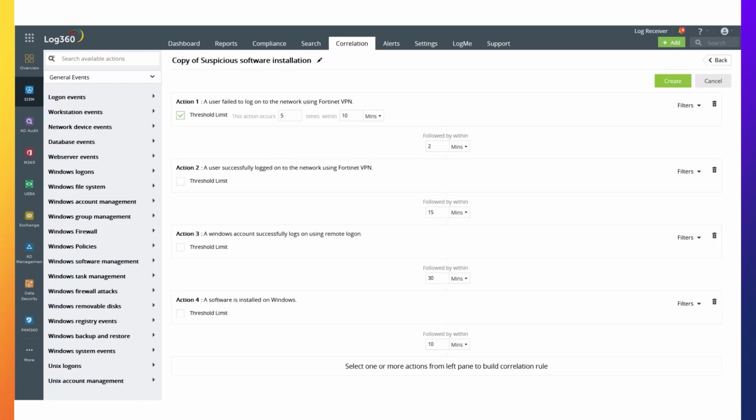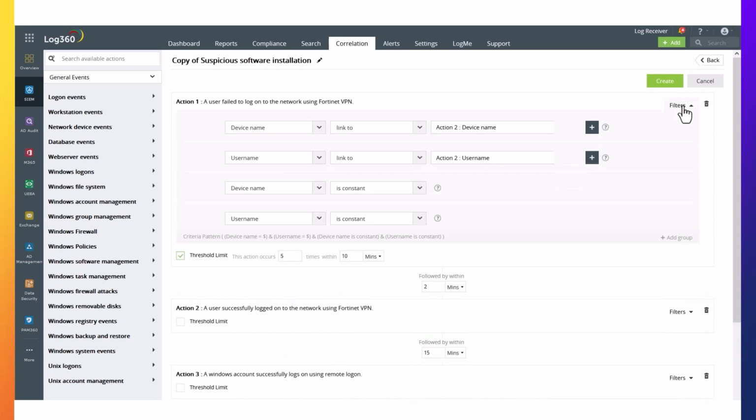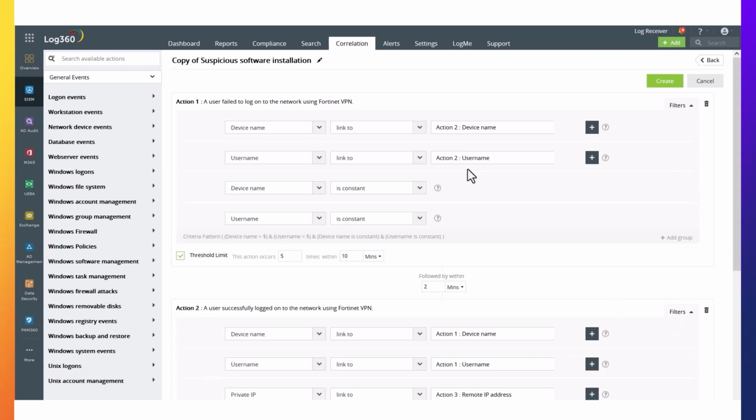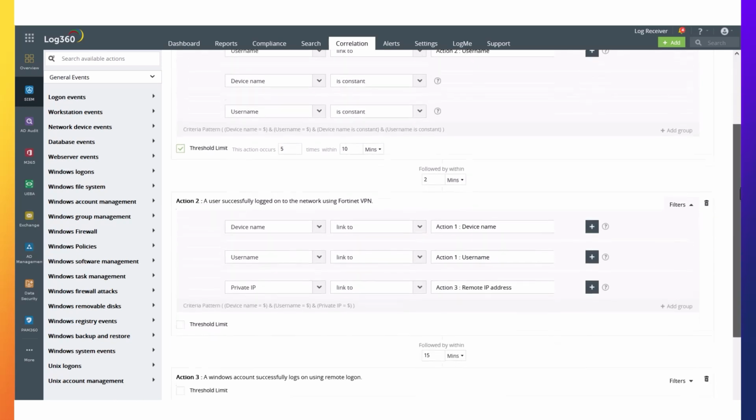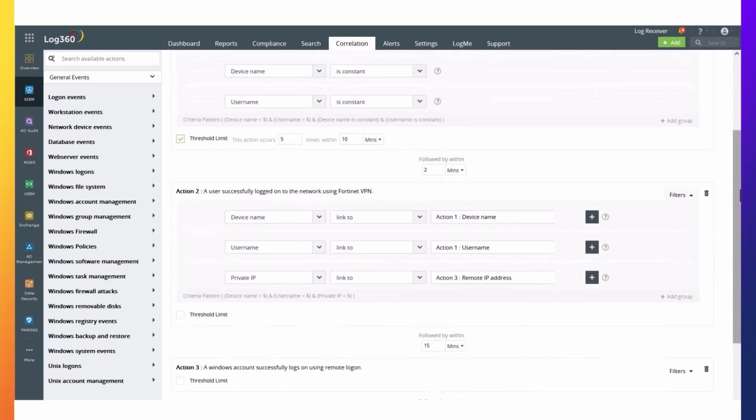As you can see, the rule is triggered when the following actions take place in a sequence. There are 5 failed logons within 10 minutes to connect to the network through the VPN by a particular user account on a particular device. This is followed by the same user account successfully logging into the same device through the VPN within the next 2 minutes.